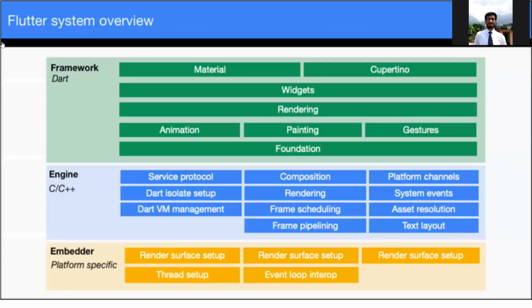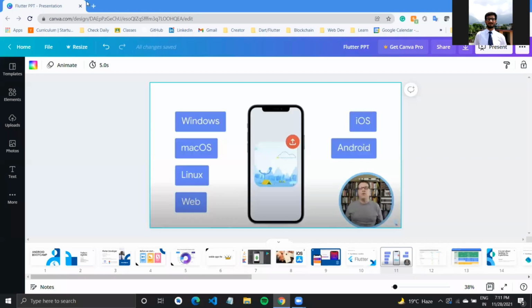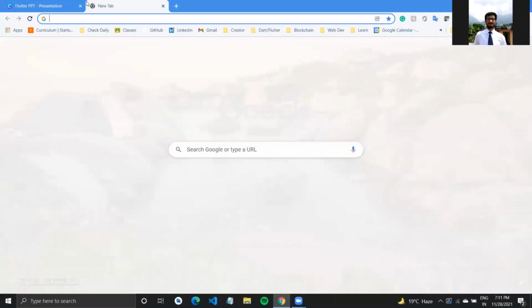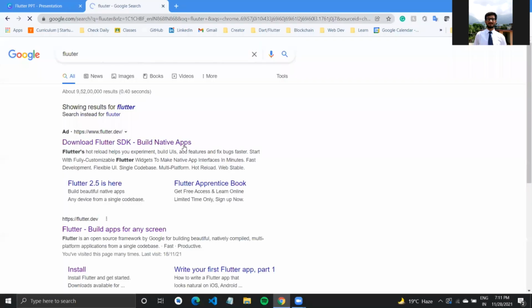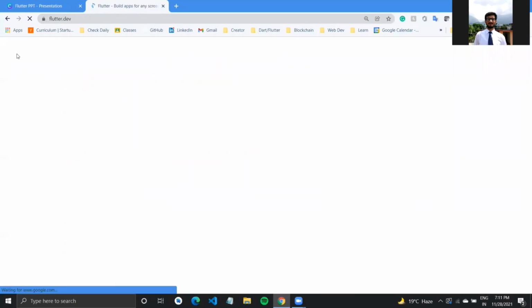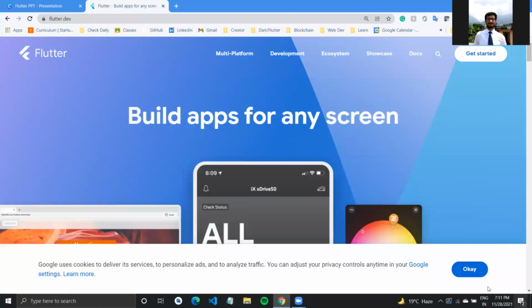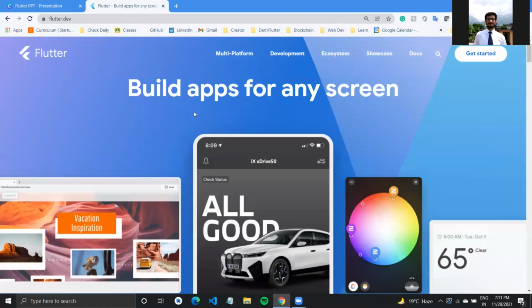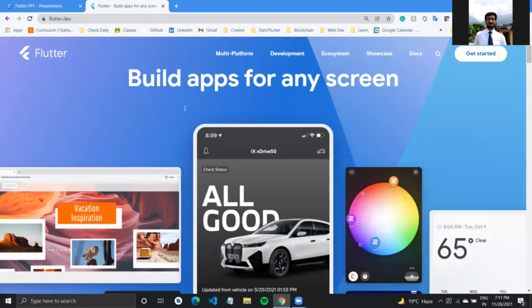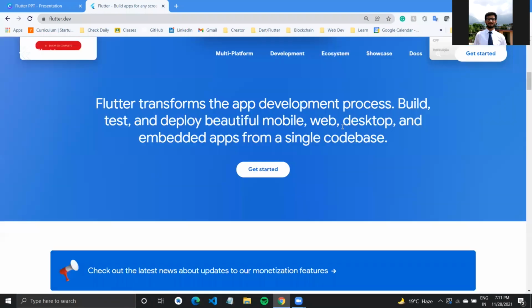And what I want to first do is go over how you can get started with Flutter. So if you go over to Chrome or any other browser, what you want to do is search for Flutter, and the official website is flutter.dev. It says on its home page that you can build applications for any screen. So what Flutter does is transform the app development process, where you can deploy beautiful applications for all